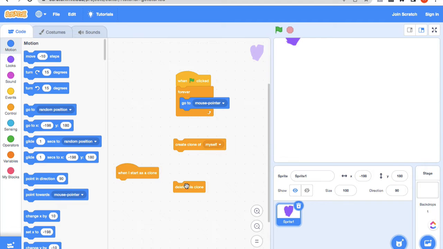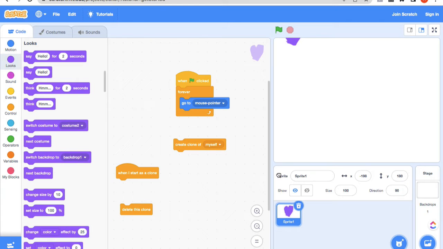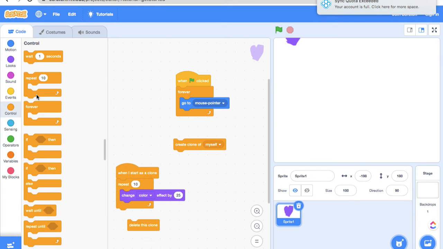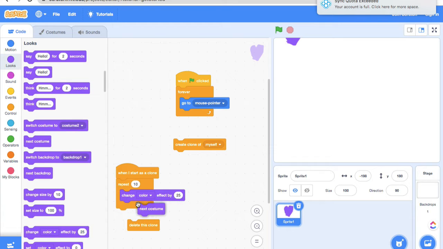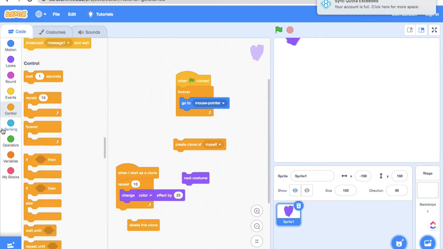But we want to create a clone, and when I start as a clone, we want to do a color change, switch costume. We'll get to that later. We'll put that in later. And we want it